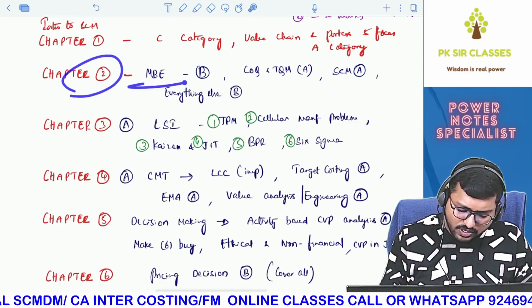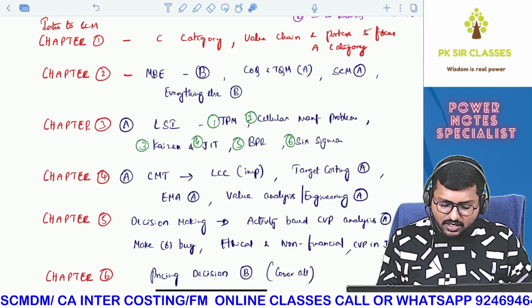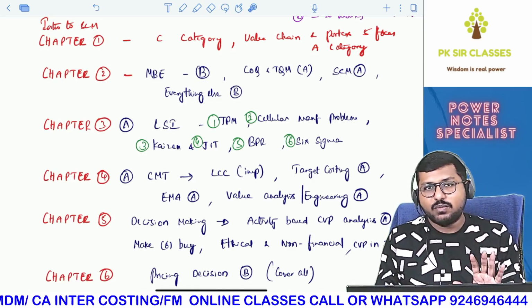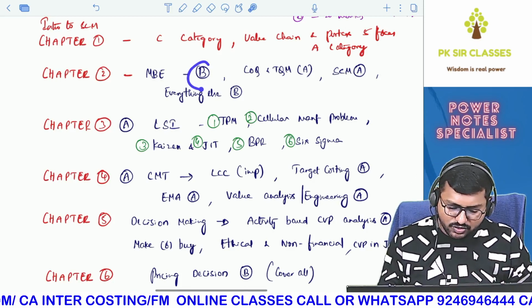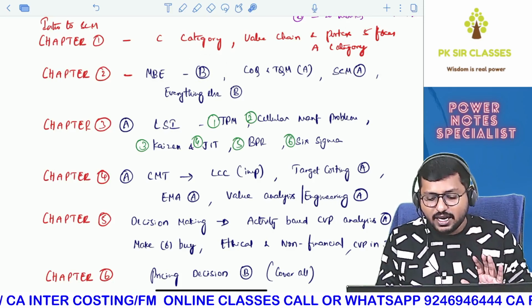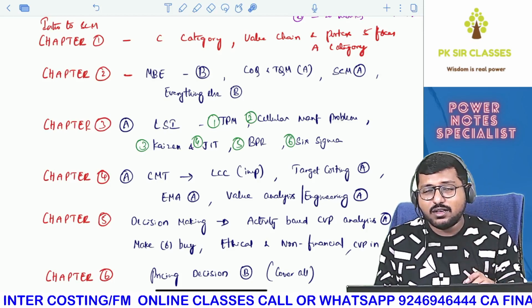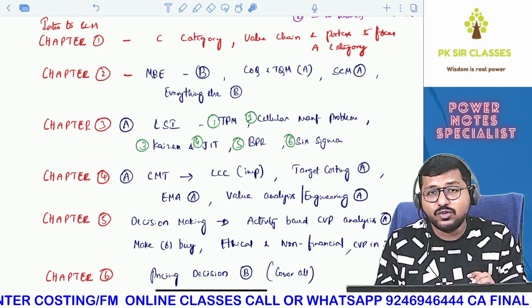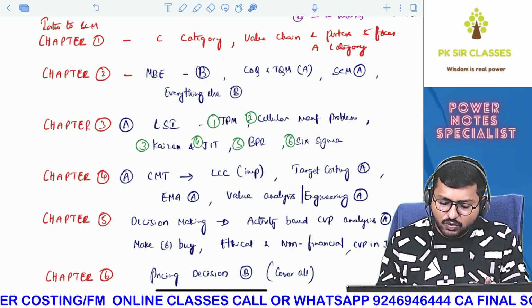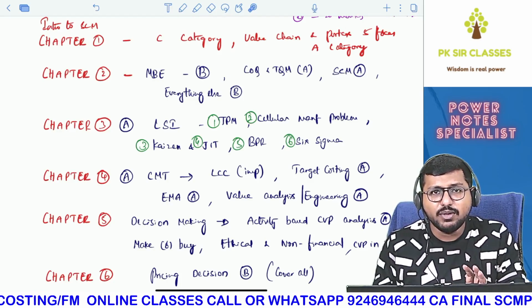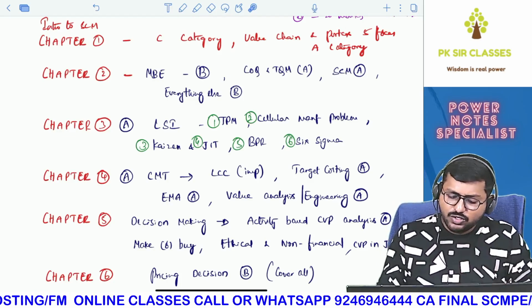Coming on to chapter 2, that is MBA, modern business environment. This time most of the topics in this chapter belong to B category. So on the whole this belongs to B category only, but however, cost of quality and TQM, I would rather point out as A category, so you have to read it compulsorily. We are expecting a question. Supply chain management, it's an evergreen topic. Most of the times it will belong to A category only, because you need to understand one thing.